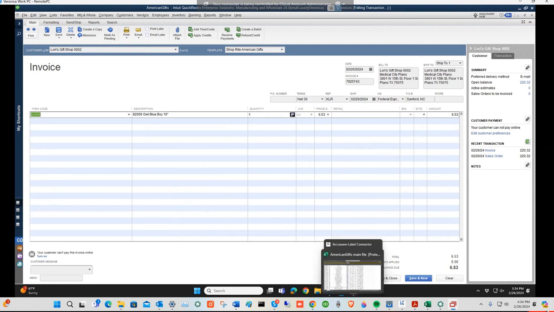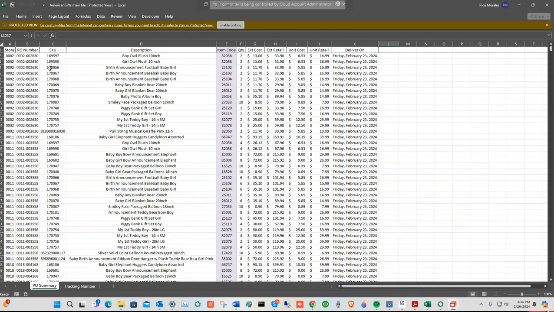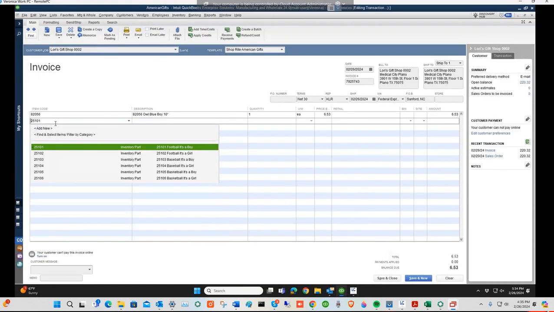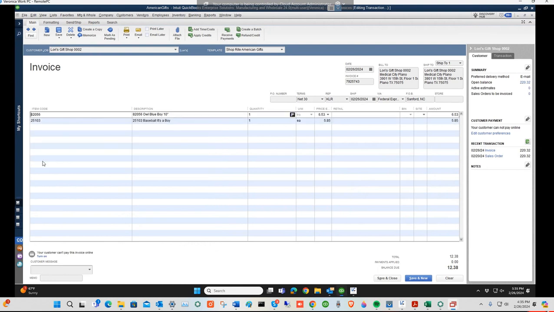Yes, yeah. So let's say this one right here, 650. This one, 25102, is at 583. So if we go back into QuickBooks and we put that item number in there, 25103 was it? You see, it populates it automatically. Right. So we don't